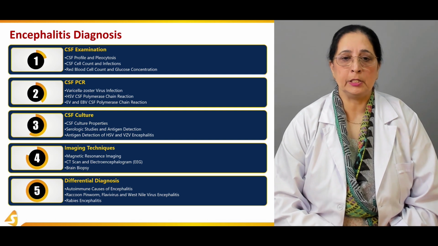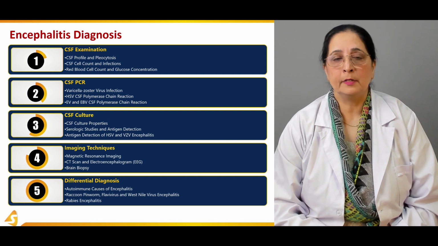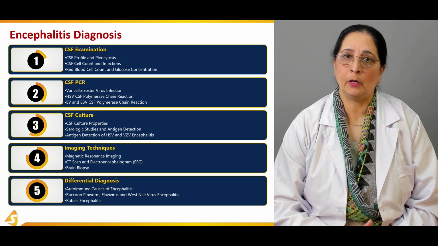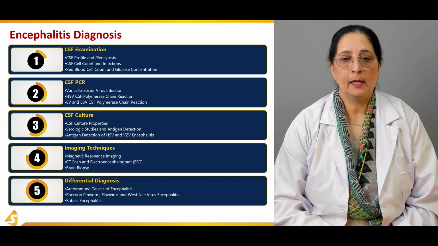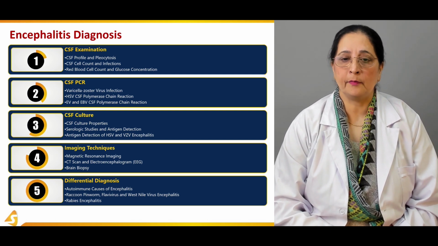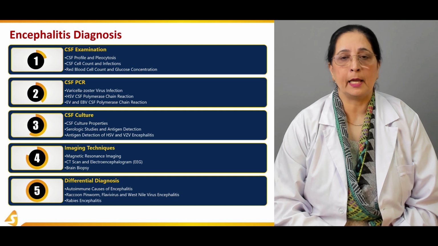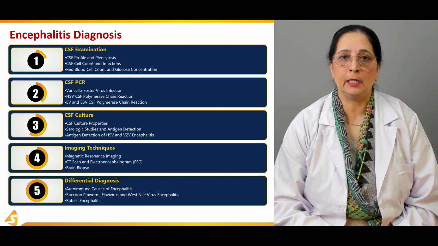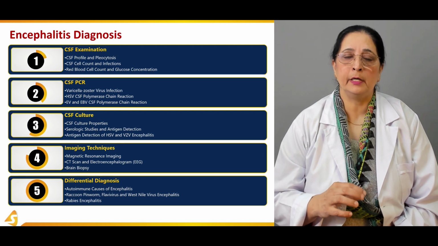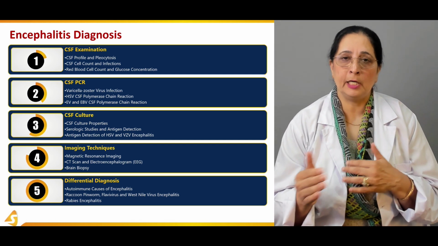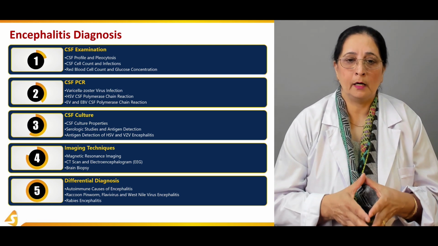Then in the second section, we will talk about cerebrospinal fluid, CSF PCR, which is polymerase chain reaction of cerebrospinal fluid, varicella-zoster virus infection, Herpes simplex virus, CSF polymerase chain reaction, enterovirus, and Epstein-Barr virus polymerase chain reaction. So these PCR of cerebrospinal fluid, specifically we will discuss in relation to these different viruses like varicella-zoster, herpes simplex,